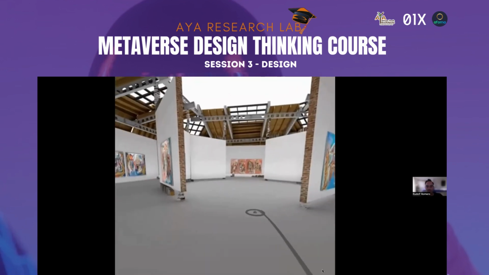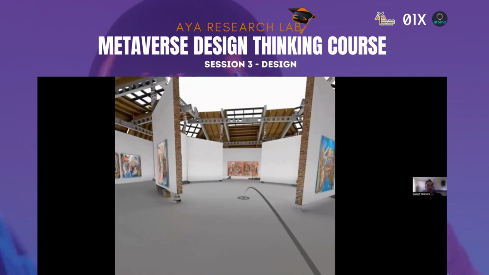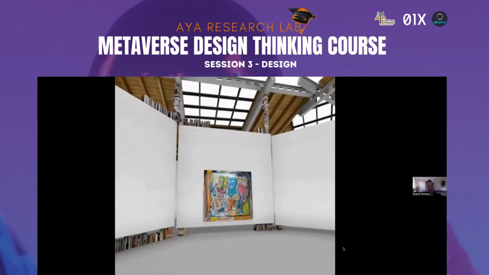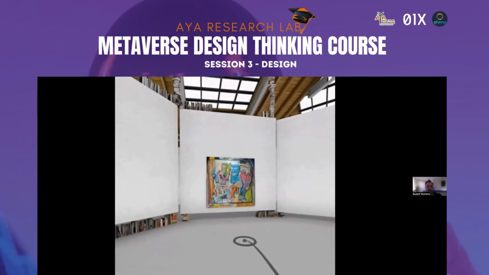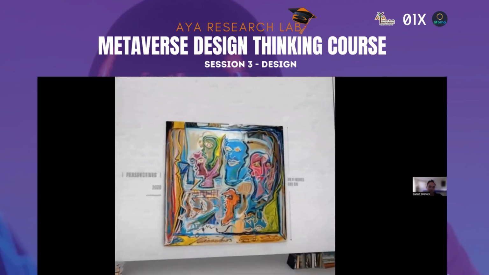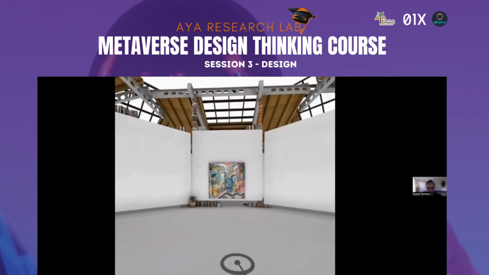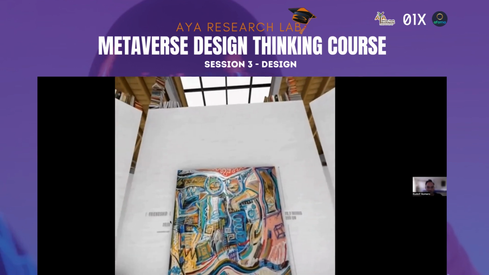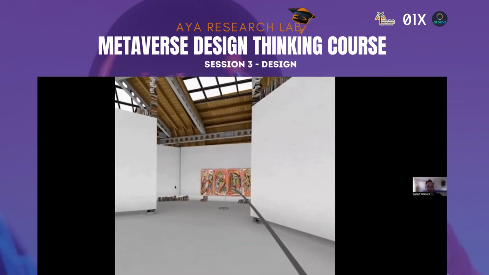So if you look at this, here, you see stacks of books keeping the architecture together, right? Because at that time everything felt so fragile, you know. We didn't know what it would be, and so we created this environment. Whenever you look at a painting, you see text coming up, and you have audio,